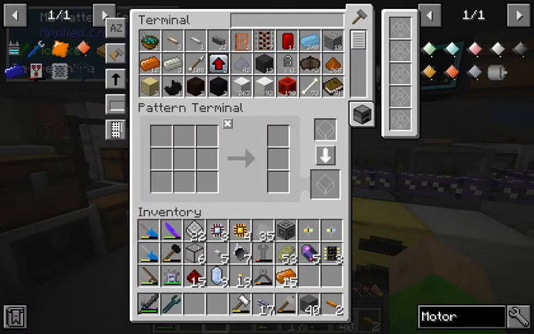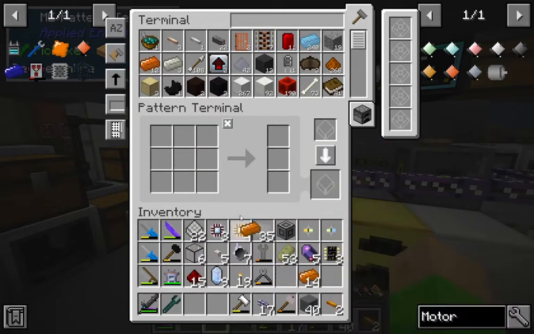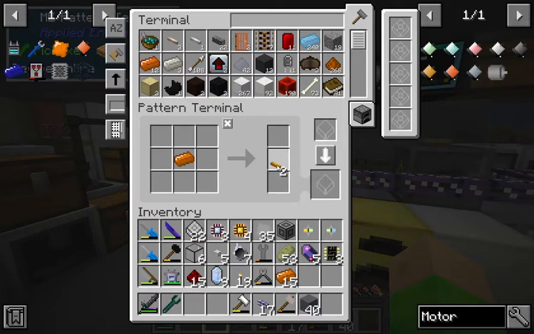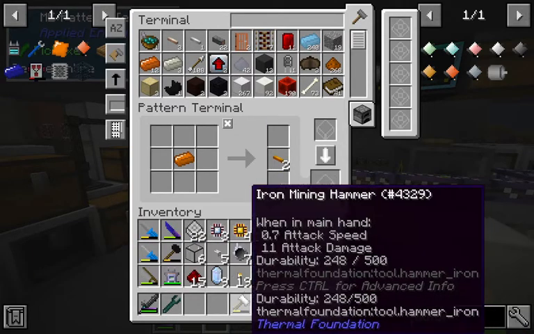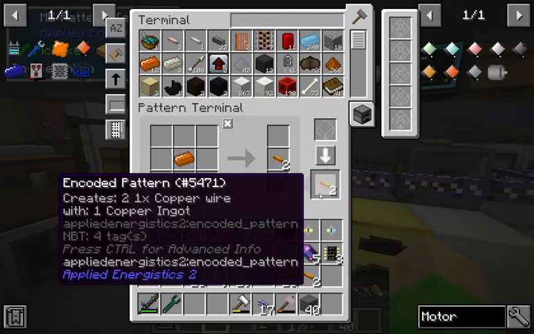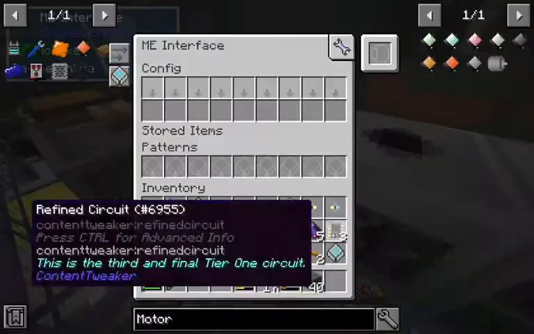For the other term, place one copper ingot. Have to place one copper ingot, and then two copper wires. Now if we have another pattern, encode it, it creates two times copper wire with one copper ingot. So if we put this here